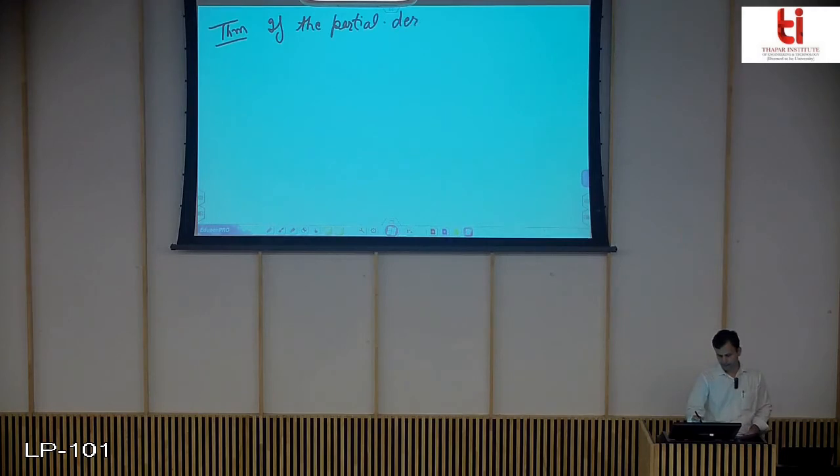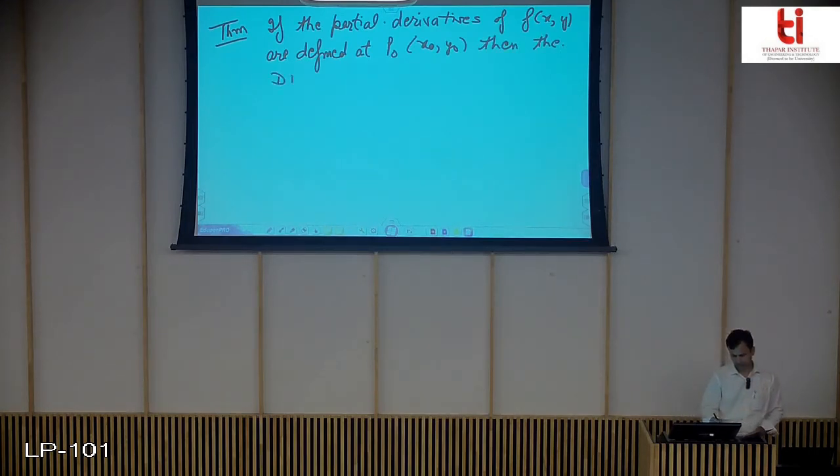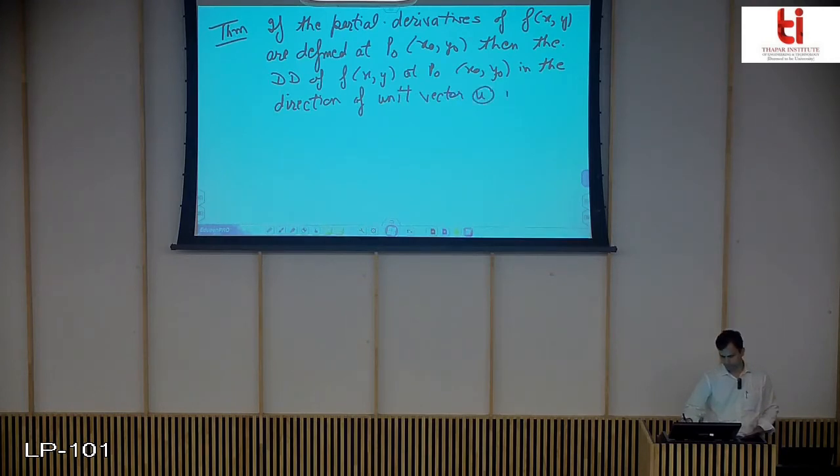If the partial derivatives of f(x, y) are defined at P naught, then the directional derivative of f(x, y) at point P naught in the direction of unit vector u, because we will always be looking in some direction, is given by,